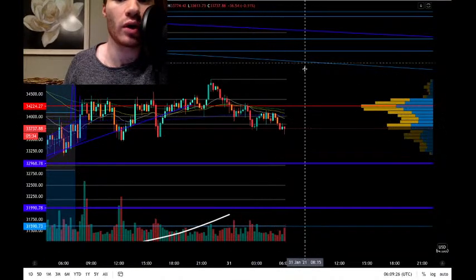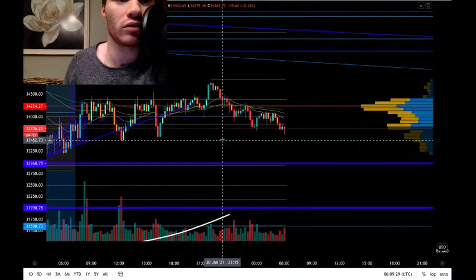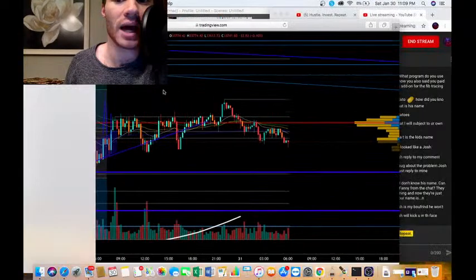And how Bitcoin interacts with these levels is going to be massive, just because it's going to have an impact on